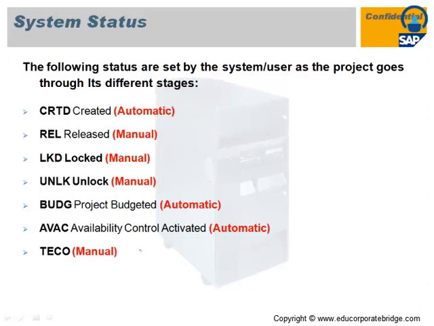For a created status, as soon as you create any project or a WBS, automatically that project or WBS has the status created. That means that project is created or that particular WBS got created. That is called a system status. Then further you have to release that particular project or WBS manually. Automatically that created status gets knocked off and it will show as released.